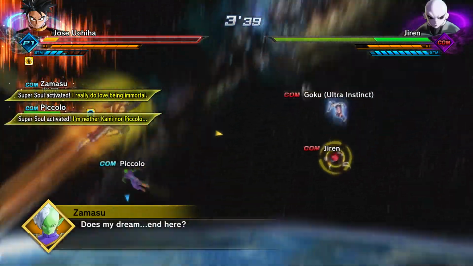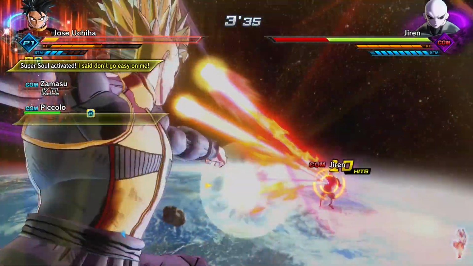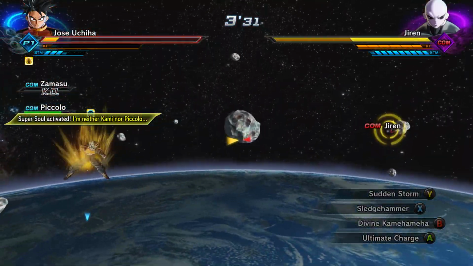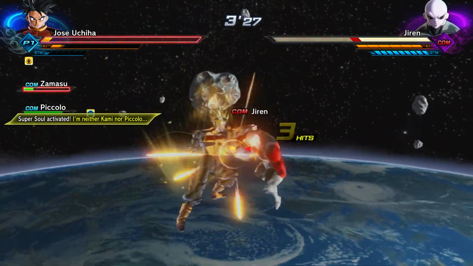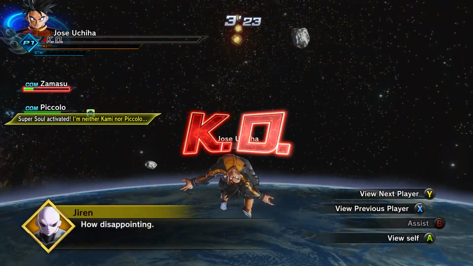Either way, use a limit burst, whether it be any of those or whatever it might be, so that way you can get. Mine increased my attack, and I was able to get Jiren pretty weak. However, he still ended up killing me. I highly recommend for capsules and stuff to use